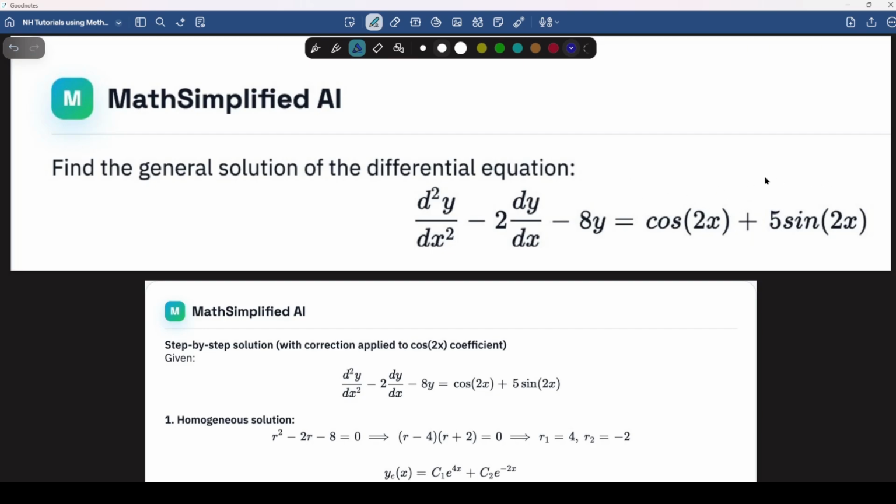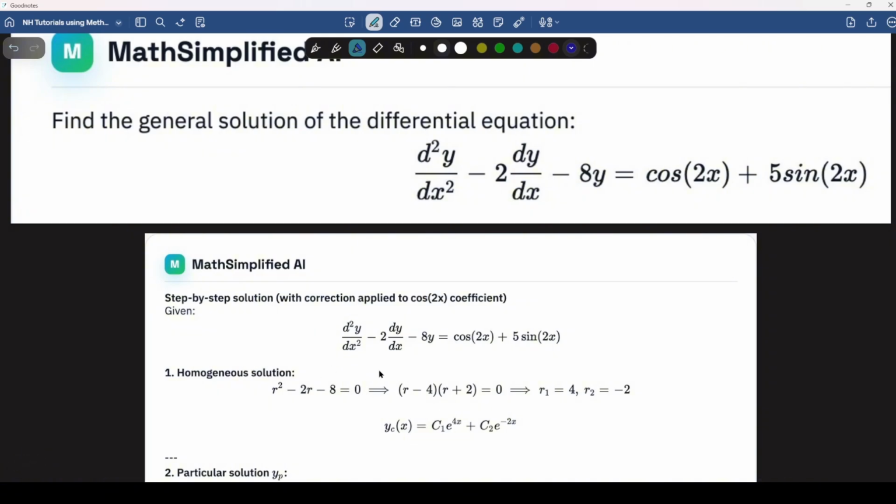Okay, so all the x is on the right hand side, and all the y, our dependent variable, is on the left hand side, which is also the homogeneous part that we're going to convert into a quadratic equation and set equal to 0, as if it were a homogeneous differential equation. So for d squared y over dx squared it becomes r squared minus 2r minus 8 equals 0. Work out the roots, which quite simply are r equals 4 and r equals -2, so we have two distinct roots.